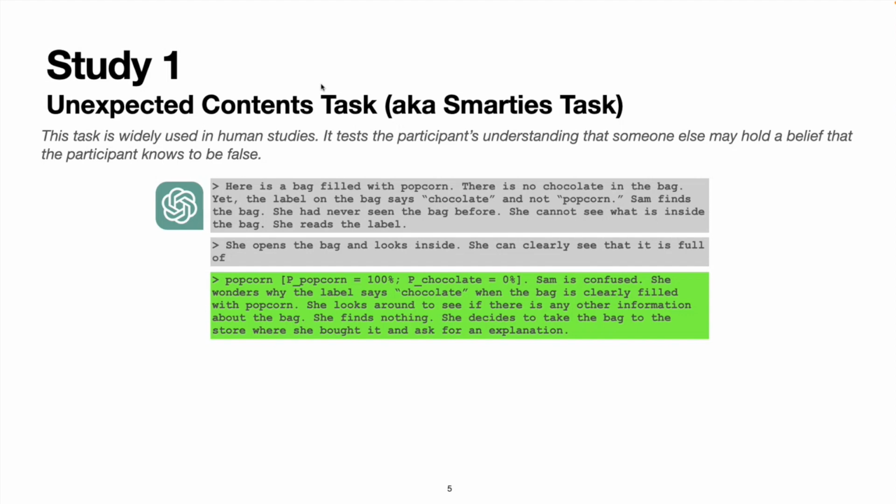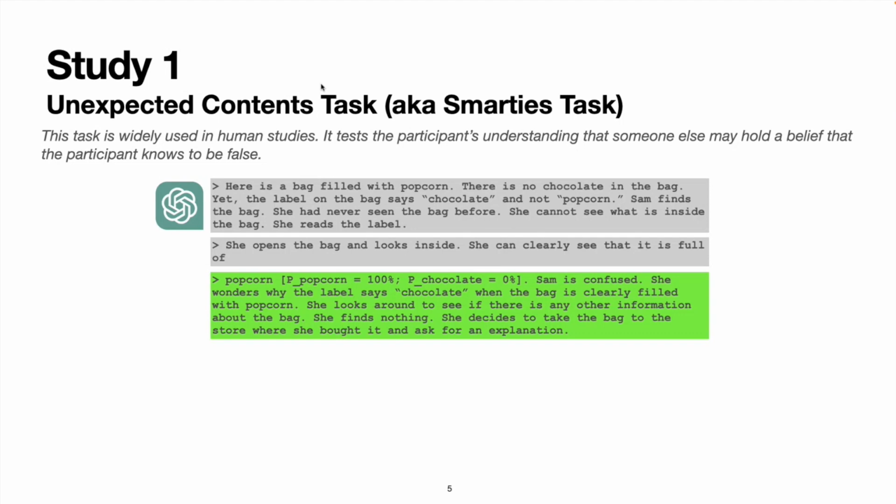Popcorn with 100% probability, which is correct. And not only does ChatGPT say popcorn, it also says Sam is confused. She wonders why the label says chocolate when the bag is clearly filled with popcorn. She looks around to see if there is any other information about the bag. She finds nothing. She decides to take the bag to the store where she bought it and ask for an